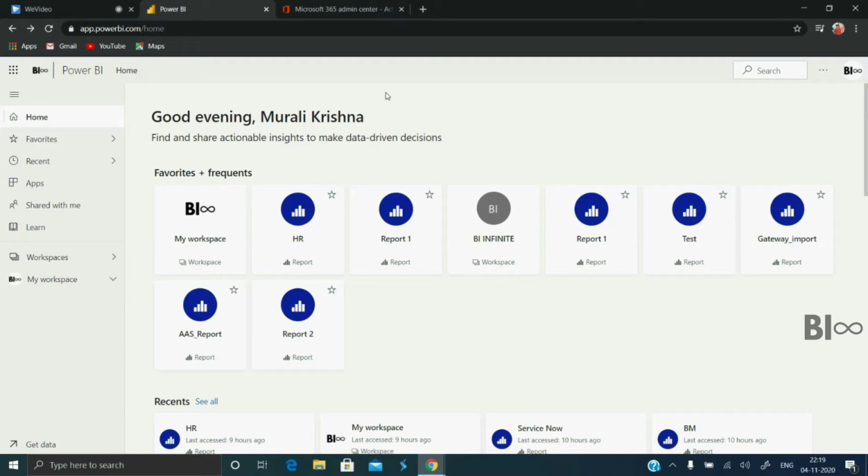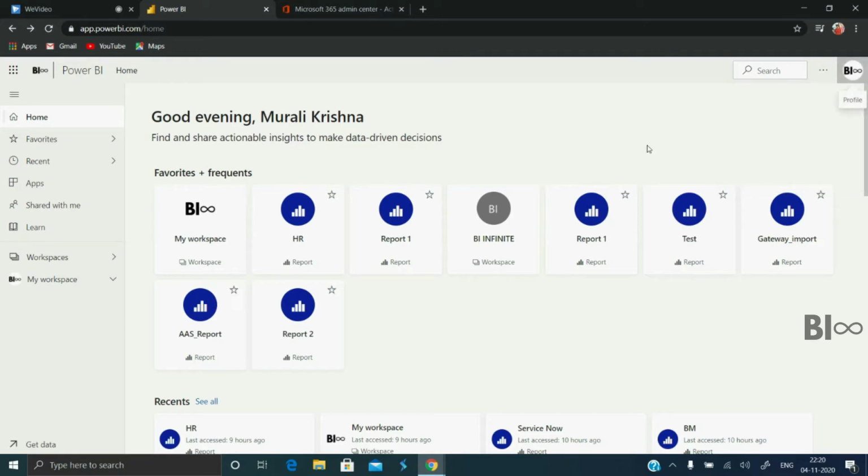So recently my Power BI Pro license got expired. Before I activate that license, I just want to show you the process. Maybe if you're going for the role of Power BI administrator, this could be helpful for you. If you click on this profile icon, it is showing a free account. It is asking me to upgrade the account because it is not Power BI Pro.